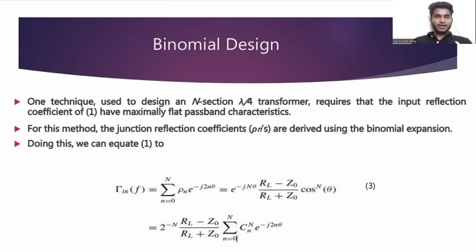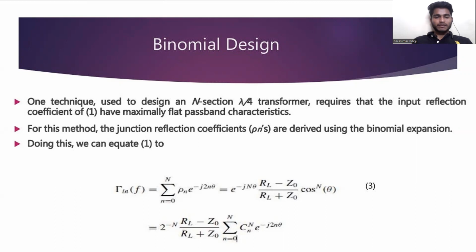Next, we will see the binomial design matching technique. One technique used to design an n-section lambda by 4 transformer requires the input reflection coefficient equation to have maximally flat passband characteristics. For this method, the junction reflection coefficients are derived using the binomial expansion. Doing this, we can